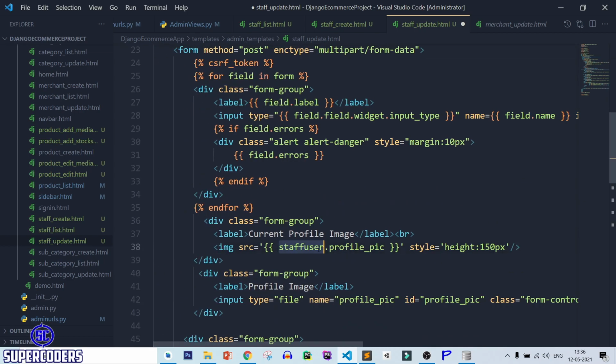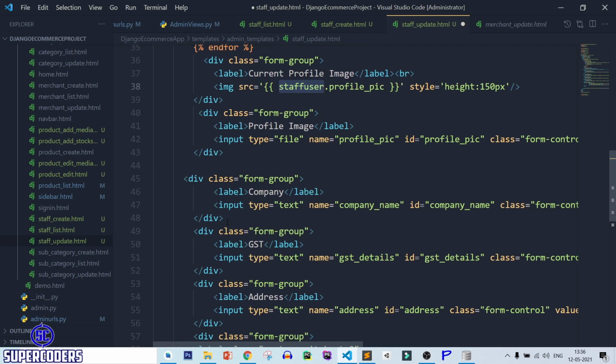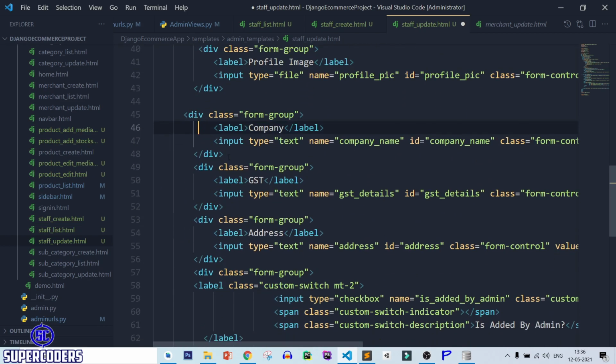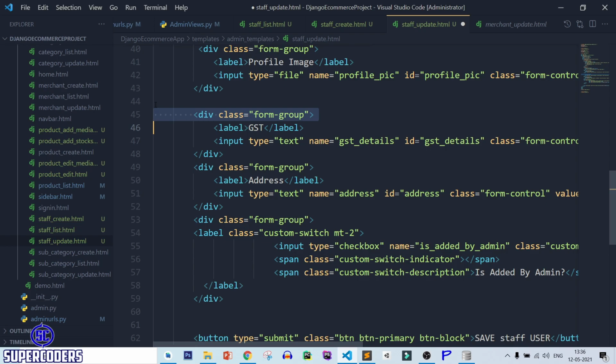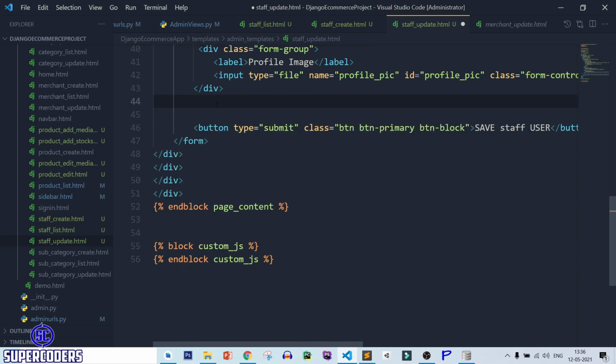After that, staff user.profile pic, profile image, and we don't need company again, so remove company, GST, address, and is added by admin, so remove it. Save staff user, save this file.